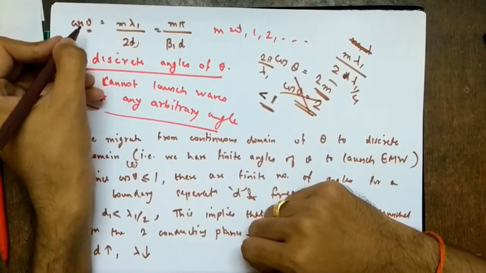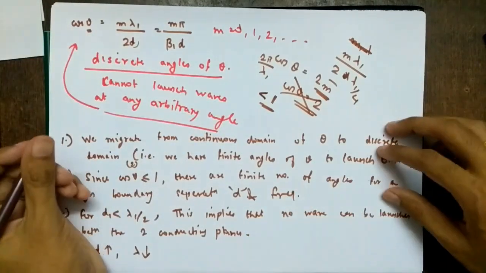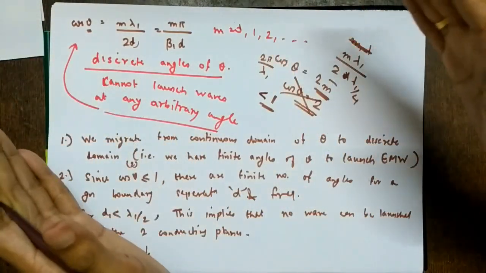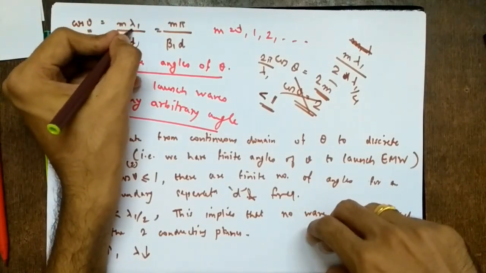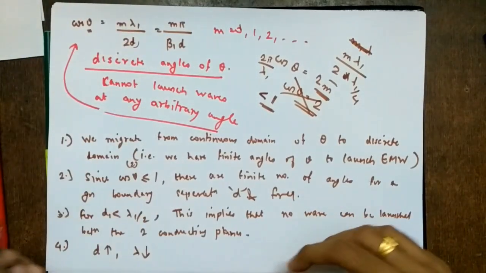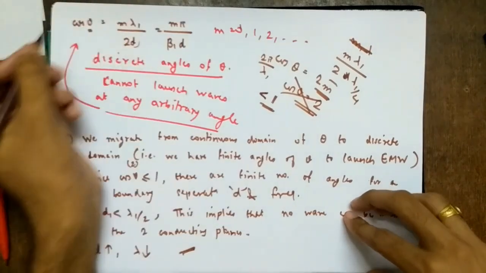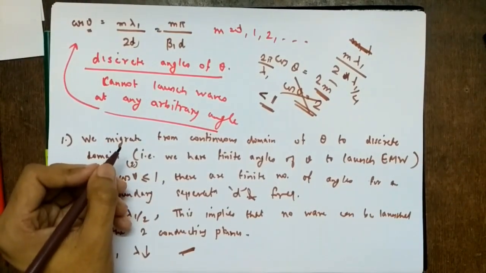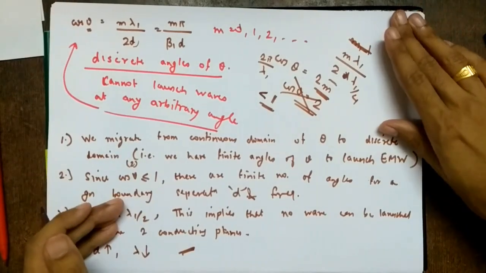So the number of angles at which the wave can be launched can be increased by increasing the separation or by decreasing the wavelength, or in other words increasing the frequency. So these are the four takeaways from this single equation. Okay, so again I have proved that see the equations as concepts and not mere mathematical equations. Okay,